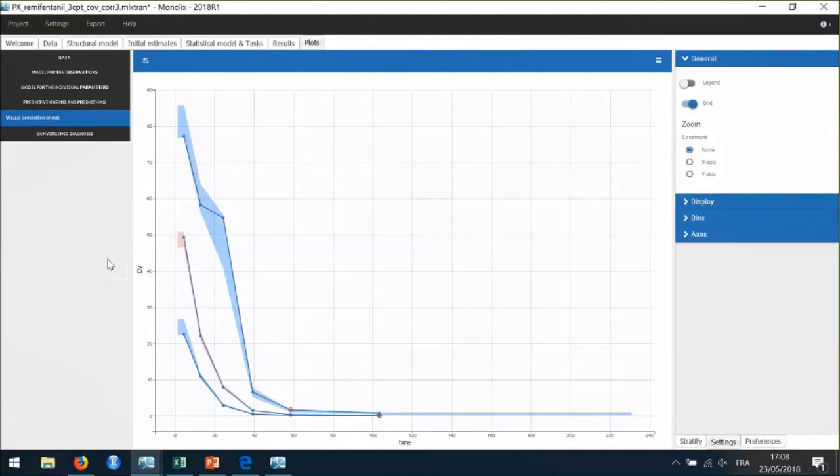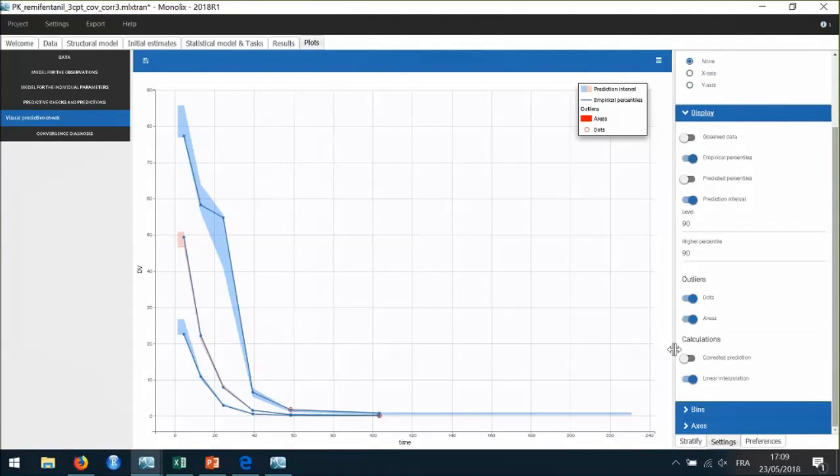The goal of the VPC is to compare the empirical median and percentiles that are computed from the data set and represented as blue curves, as we can see on the legend, to the prediction intervals represented as blue and pink areas. So it is a useful tool to assess graphically whether simulations from the model are able to reproduce both the central trend and the variability in the observed data. And also, it is based on a high number of simulations. By default, it's 500 simulations. It is really fast to generate.